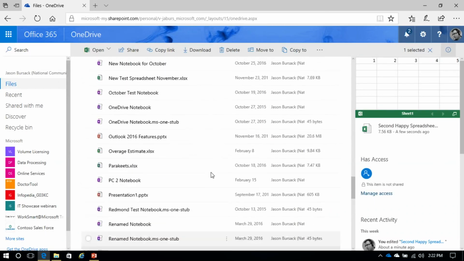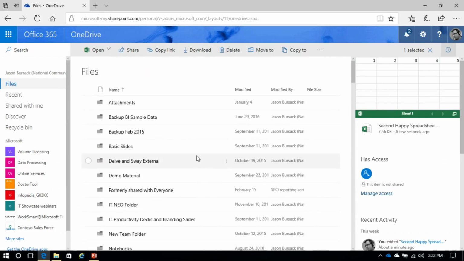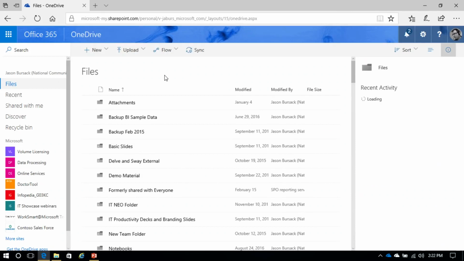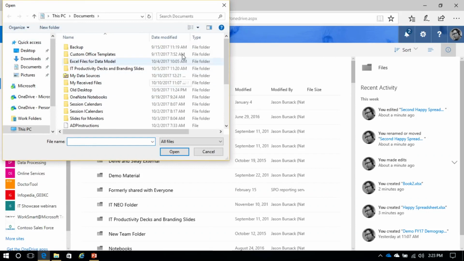Now that you are knowledgeable about OneDrive for Business, you might be thinking, I've got some files on my machine that really ought to be stored there, and how do I get them there? Simple enough. You can do that one of two ways. Upload, and you select folders or files. So I'll just go ahead and select files. And then this just opens up this interface right here, and you're going to grab whatever file from your PC